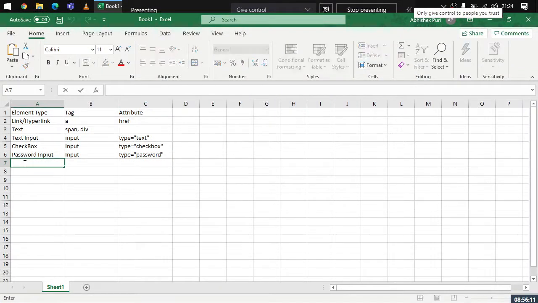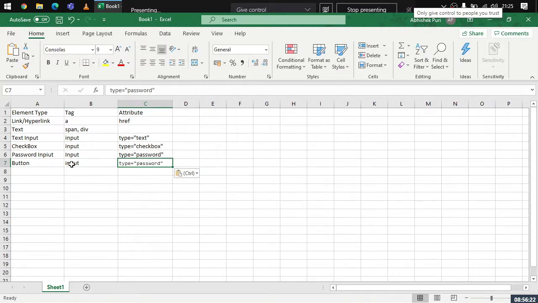So here, the button is having the tag name input and it has the attribute type equals to submit, right? Now, is there anything else that a button is represented with?